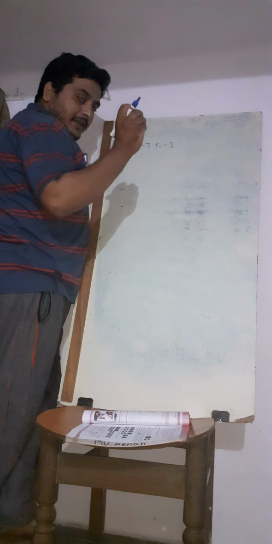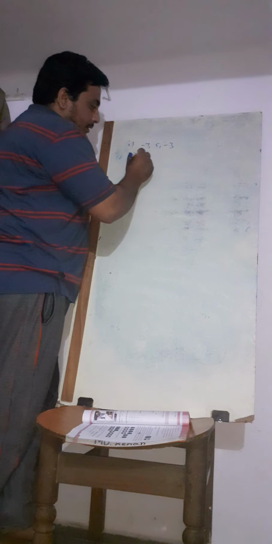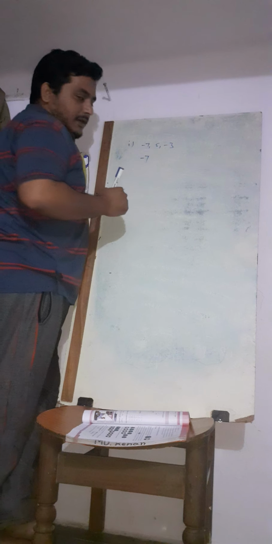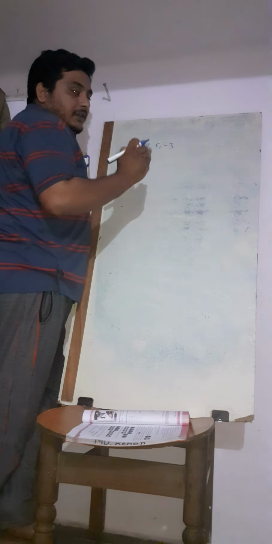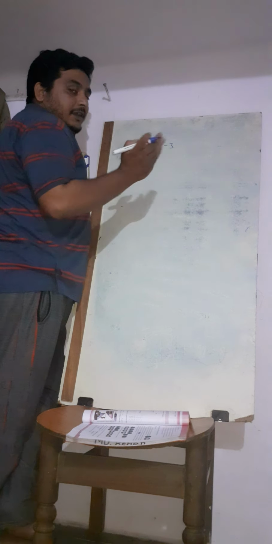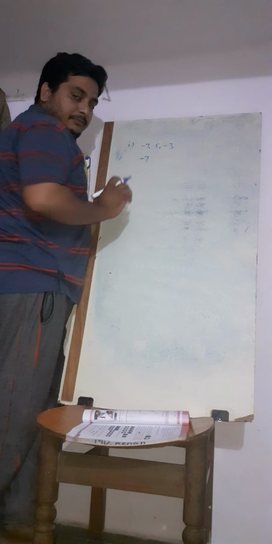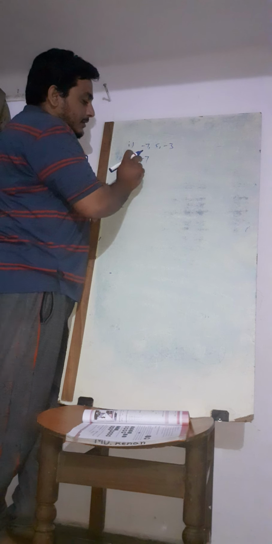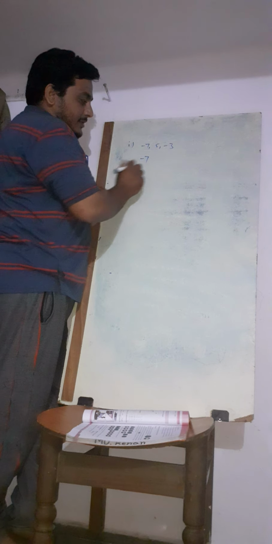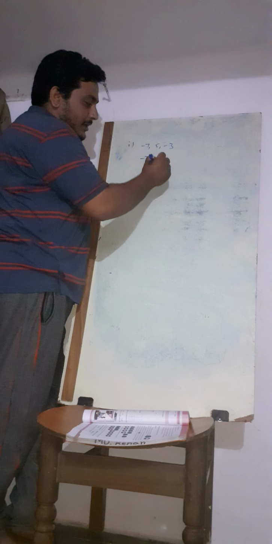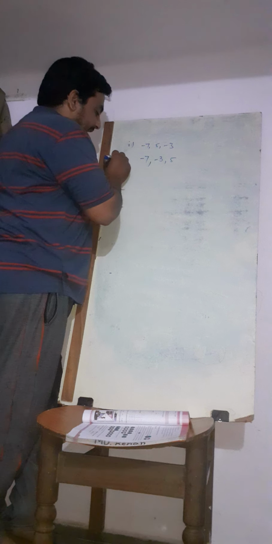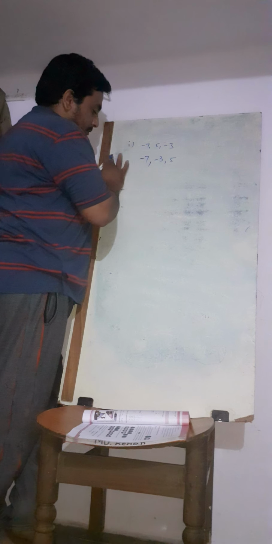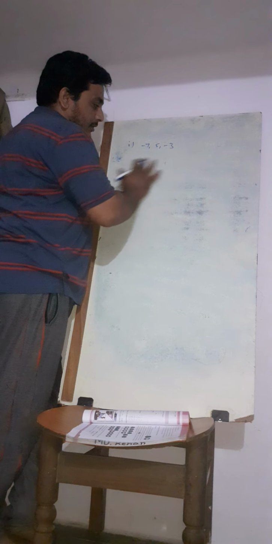See, first I am writing increasing order. -7 is the smallest number completely. Why? Because as I already said, the greater number with a negative sign, -7, is the smallest. Of 3, 7 and 5, 7 is the greater number. That's why it comes first, with a negative sign. Then negative numbers are smaller already. First the negative numbers, -7 and -3, then 5. This is your increasing order.